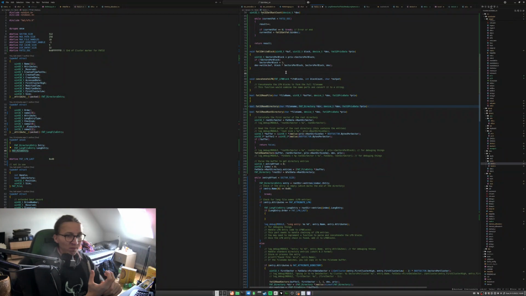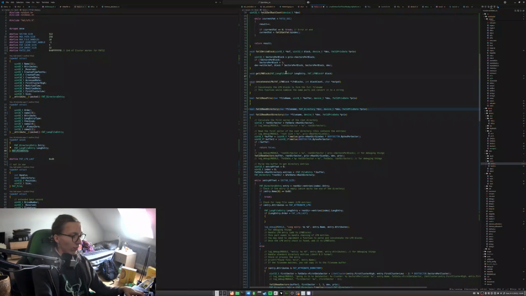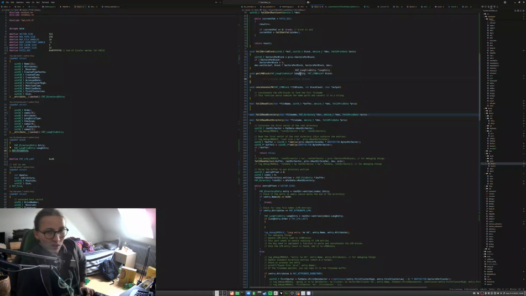So, get long file name block. So we need to get the fat long entry. Long entry. Use this as the result. Now with this,